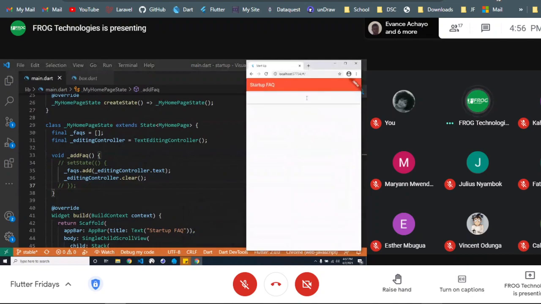Say FAQ1. If I do this, it will clear, it will do that, but then it doesn't appear. But then if I print it,